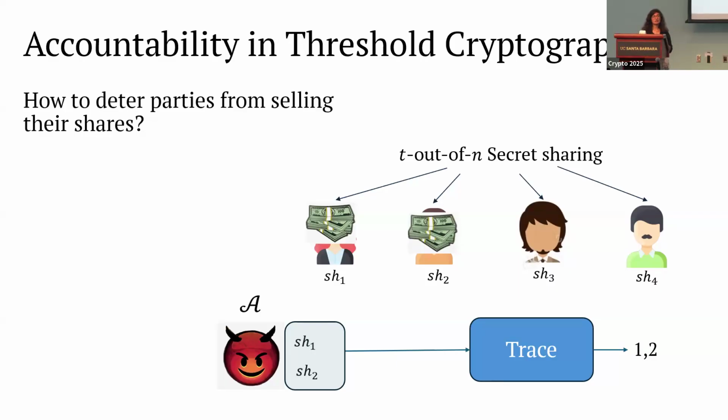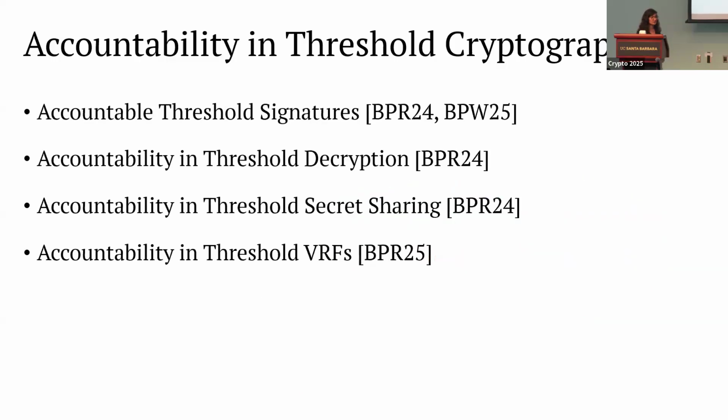Note that we're not saying that we can prevent parties from leaking shares, but at least tracing can act as a deterrent because of the risk of being traced. So with that, there's actually been a lot of work in defining and constructing accountability for threshold primitives, starting with accountable threshold signatures, which were introduced originally in 2001, but there's been a lot of recent work in getting stronger security properties. More recently, there's also been work on defining and constructing accountable threshold decryption schemes and also accountable threshold